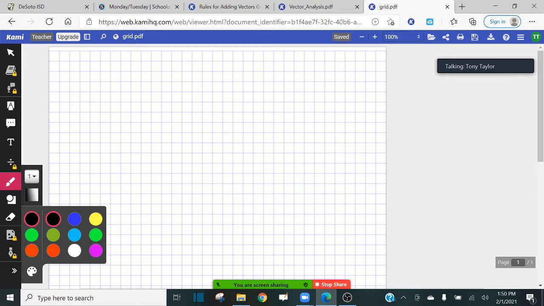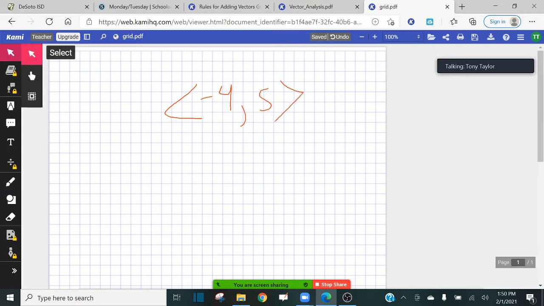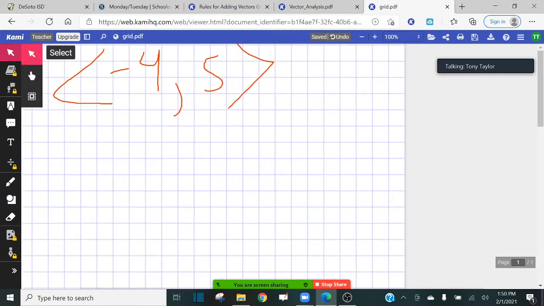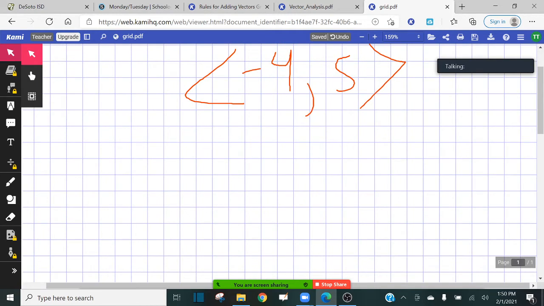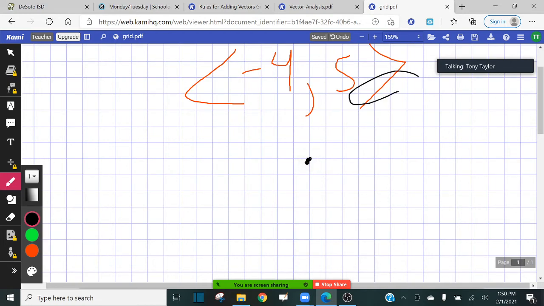So, guys, how do you draw the vector? Let's say I want to draw the vector -4, +5. Do y'all remember how to draw this vector? So remember, whenever you're drawing vectors, you can start anywhere on your graph. You can start drawing it anywhere. So what this is saying is, if I